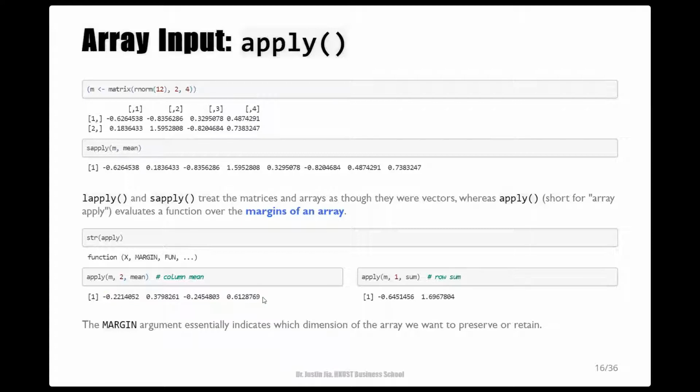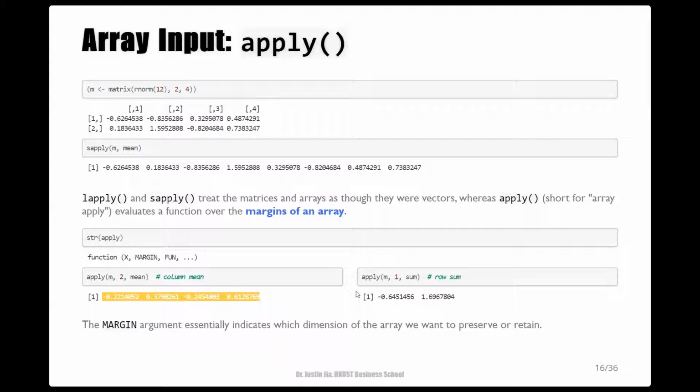So when you apply min over the matrix, the second dimension, which is the columns, is returned, while the other dimension, which is the rows, is collapsed. So the idea is that we are taking the min across all the rows in each column, and as a result, the row dimension has been eliminated. So we get this vector, which has the min for each of the columns.